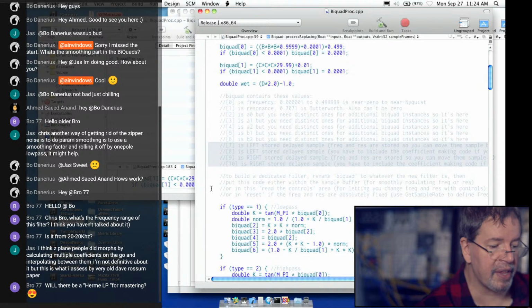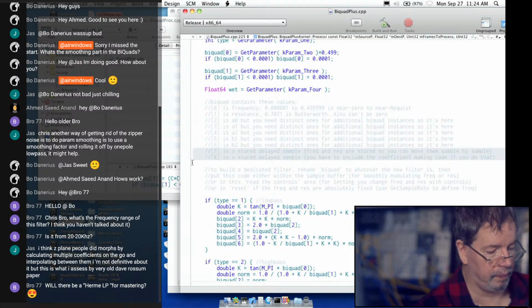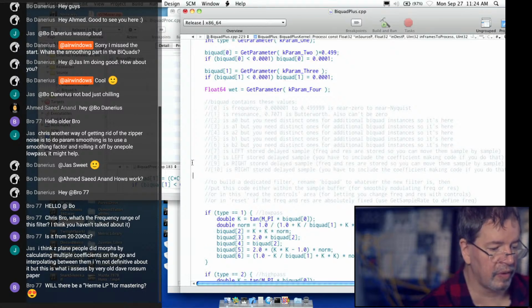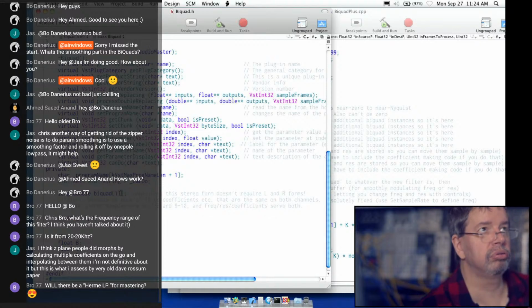So I'm going to copy that over into the code that I've just placed here. And then I'm going to look into Biquad H and see that it says 11. That's going to get even bigger, but for now, it's going to be 11.